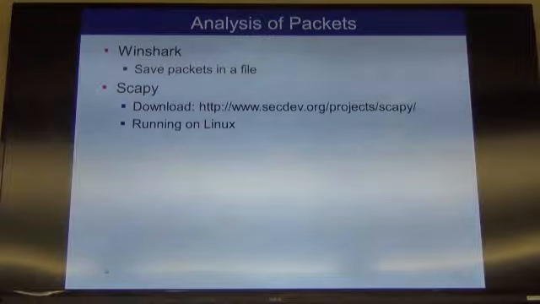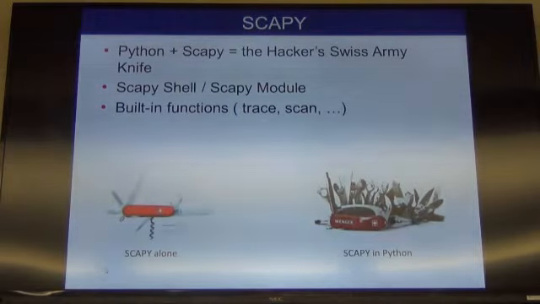Scapy can be downloaded from that website and run on Linux. If you have Ubuntu, there is a simple way to do it. Scapy with Python is a hacker's Swiss Army knife.